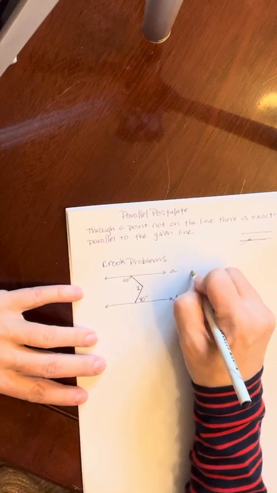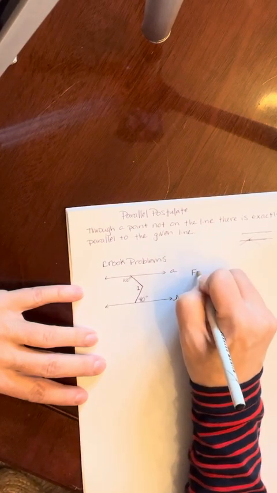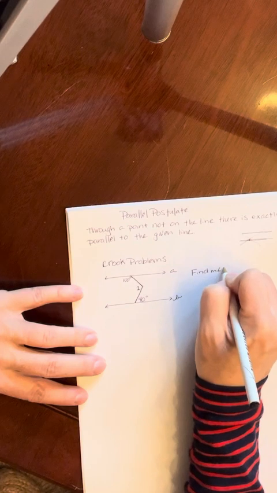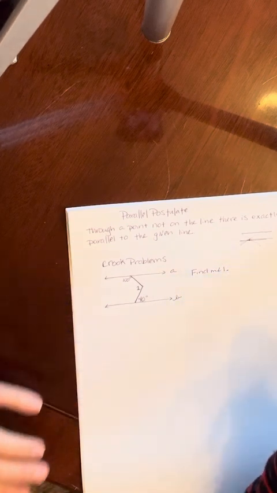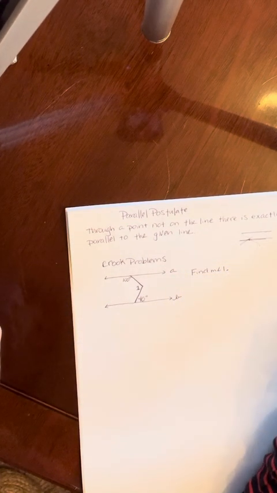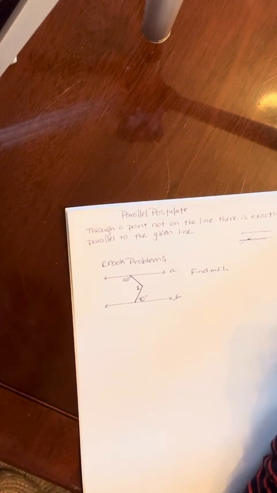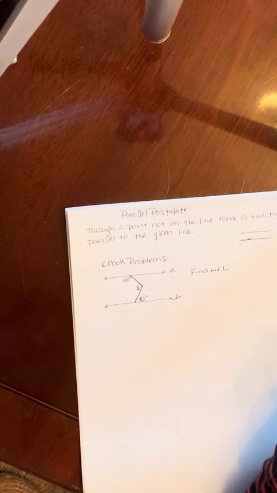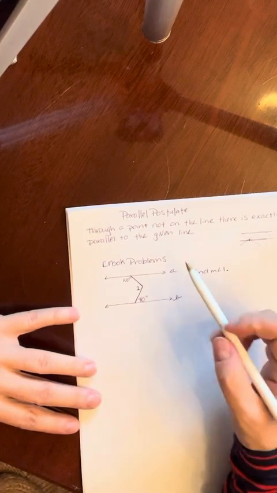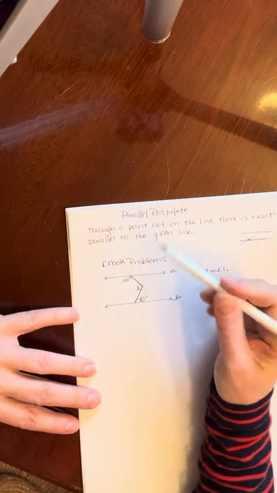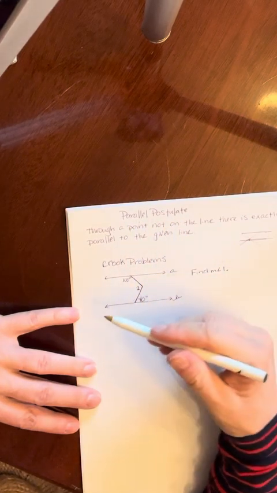So find the measure of angle 1. That's going to be the job. You look at it and you think, well, I have no idea how to do this. I don't have any information that's helpful to me. I can't draw in triangles because that's arbitrary. So using the parallel postulate, we can set this problem up in a way that makes this a very easy